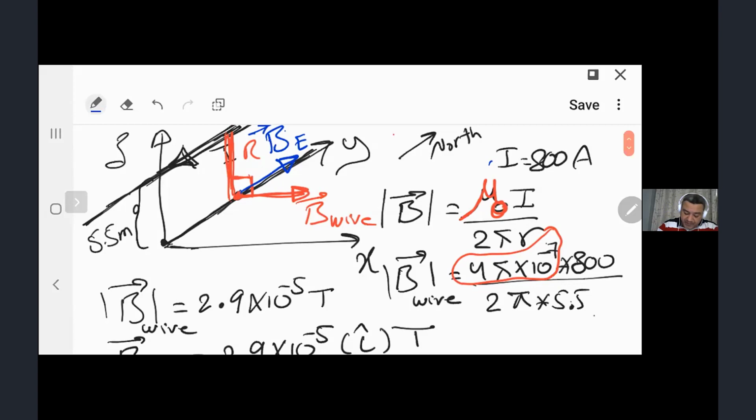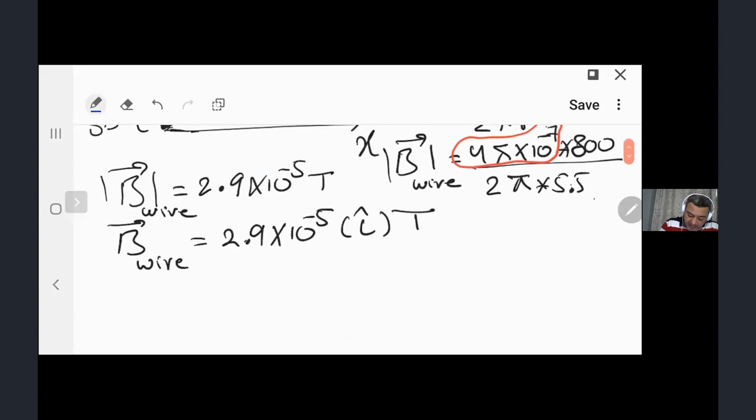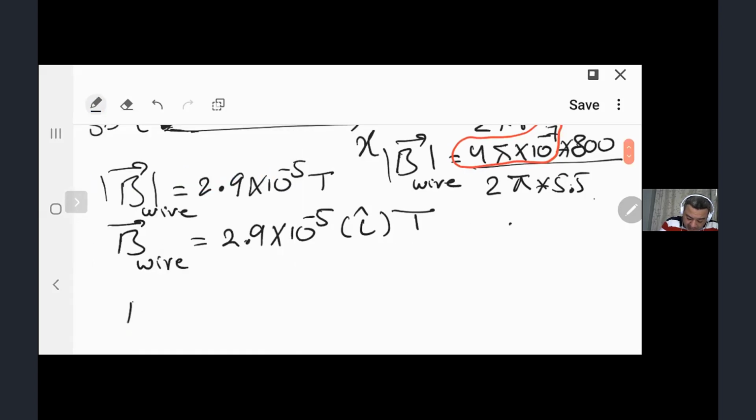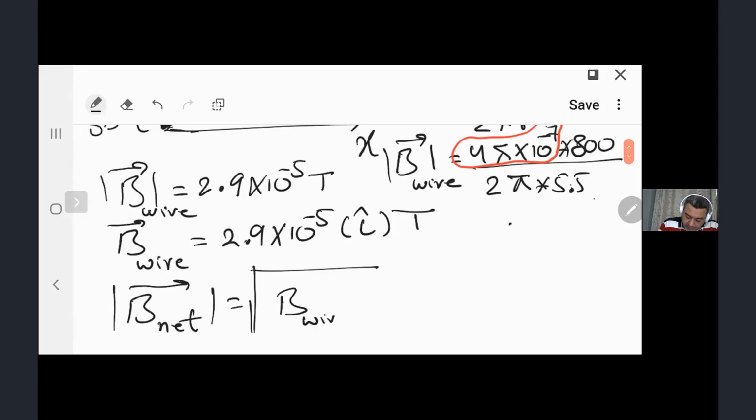So I have two vectors, which means the net magnetic field, B net magnitude, will be B wire magnitude squared plus B earth